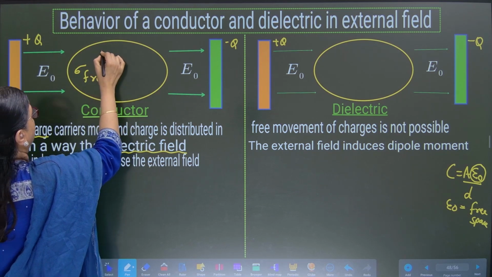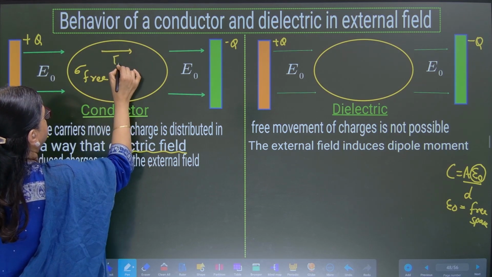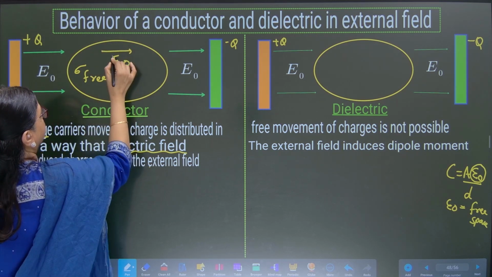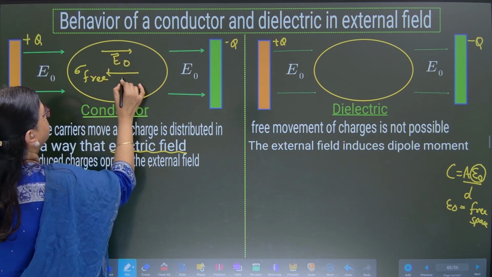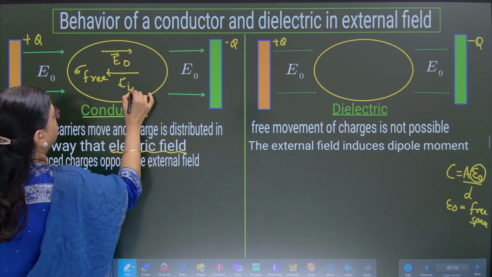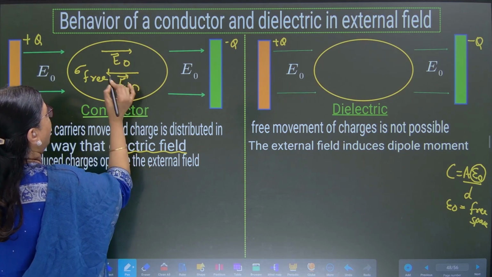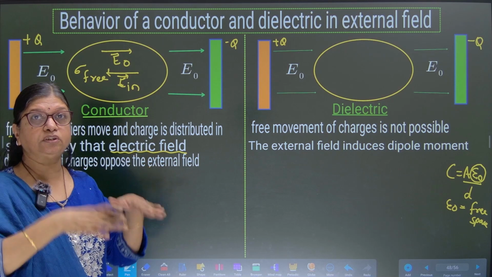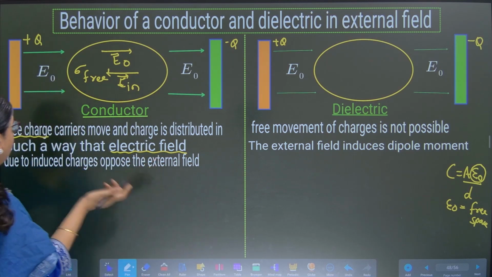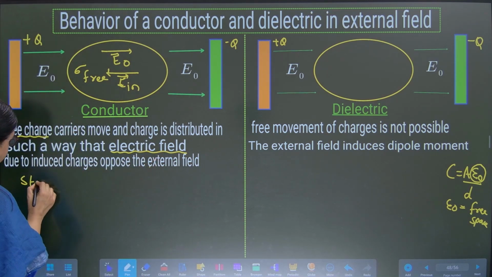So, if the external electric field is denoted as E naught, then the induced electric field will be denoted by E in. And as you can see, the directions are opposite, and this process will continue